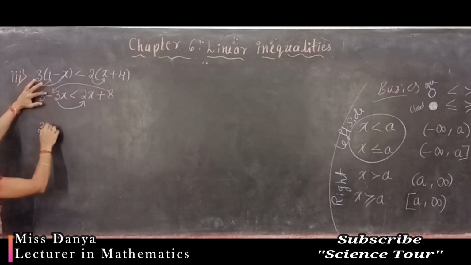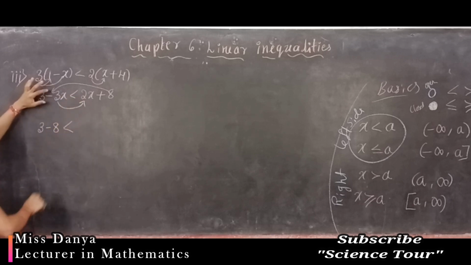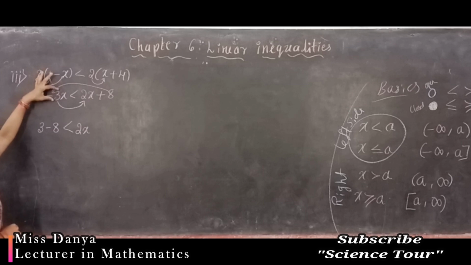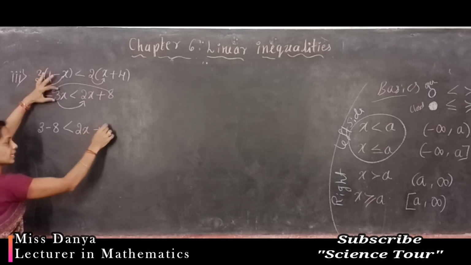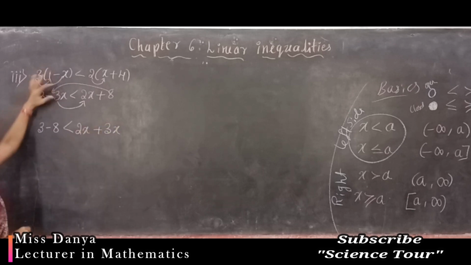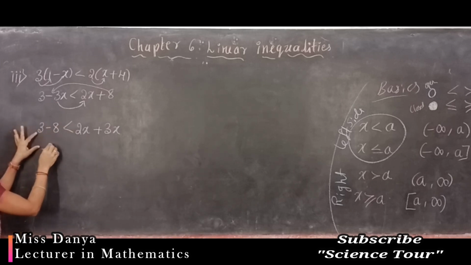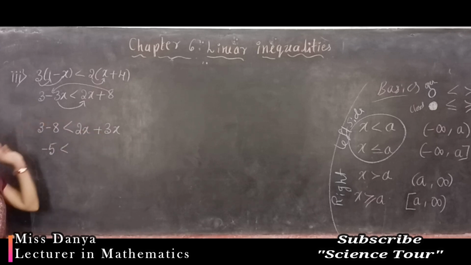Next, 8: we are shifting it to the left side as minus 8, then the symbol as it is, and 2x is already there on the right side as it is. Minus 3x you have to shift to the other side as plus 3x. Okay, now simplify both sides. On the left side you have the numbers 3 minus 8, that is minus 5, less than, and 2x plus 3x, that